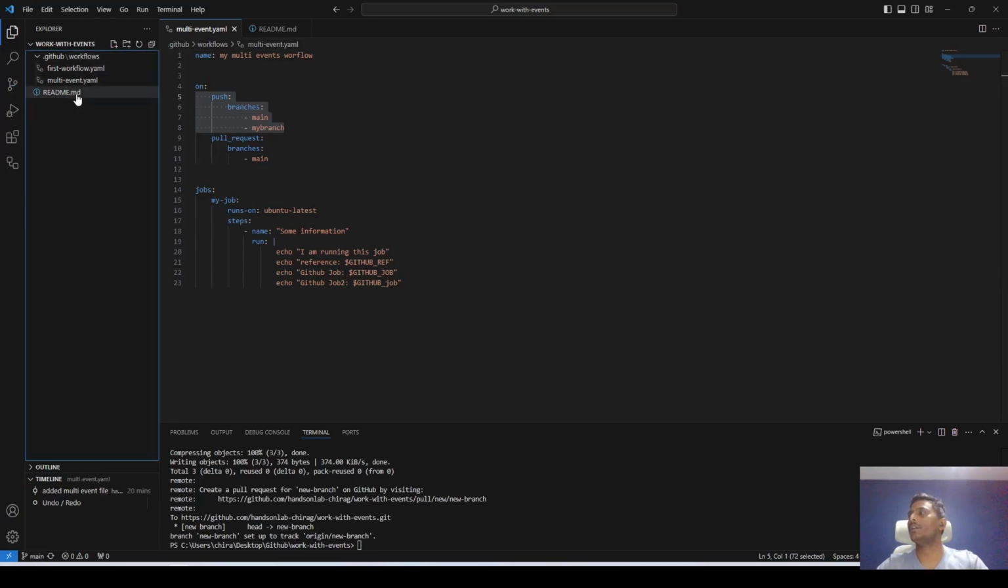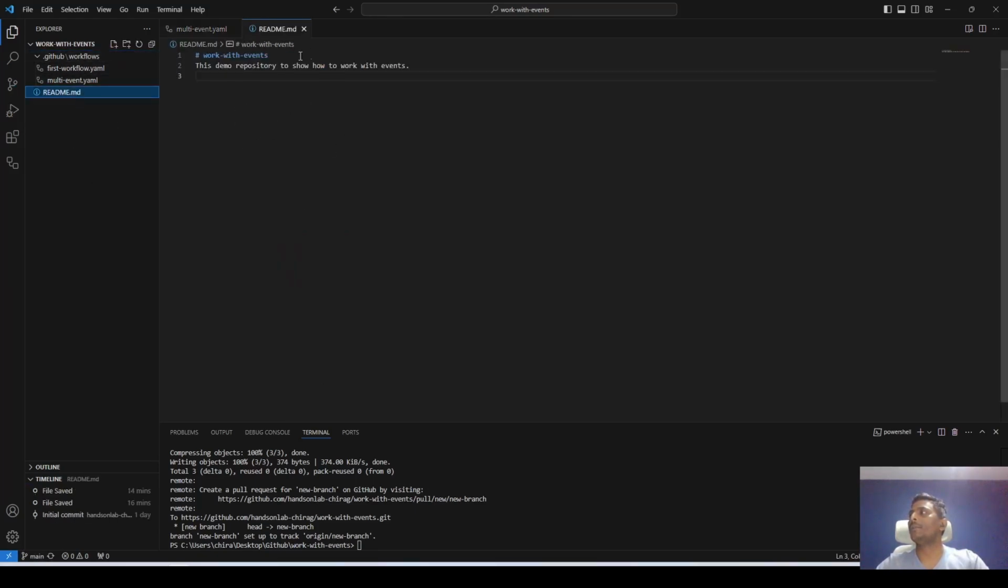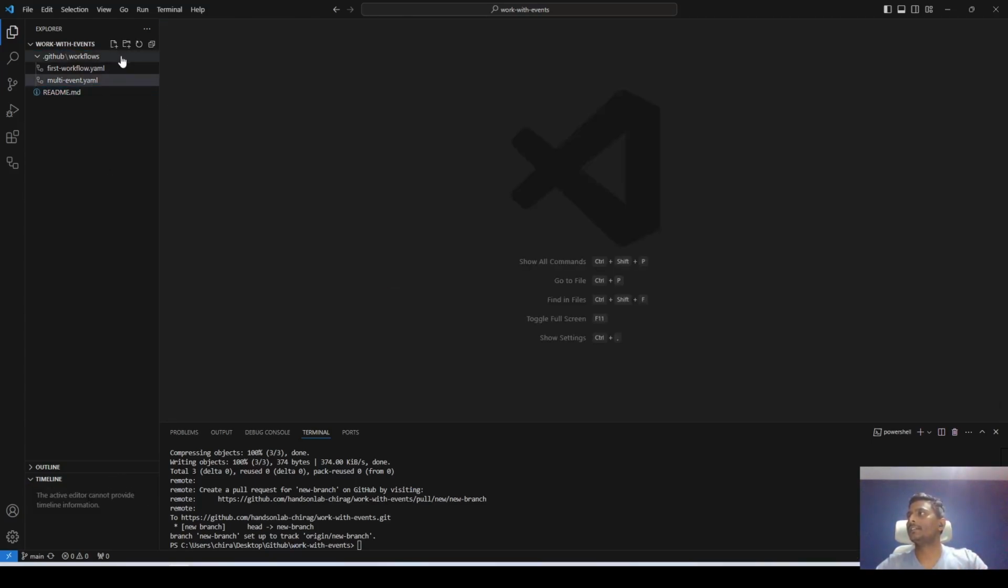So I'm back on my main branch, and that should be empty because there's no readme changes because we haven't merged our pull request. Cool. So let's create a new YAML file. Let's call it schedule.yaml,